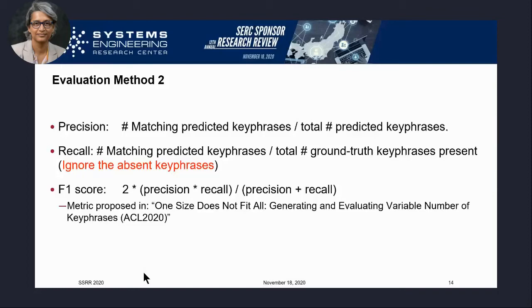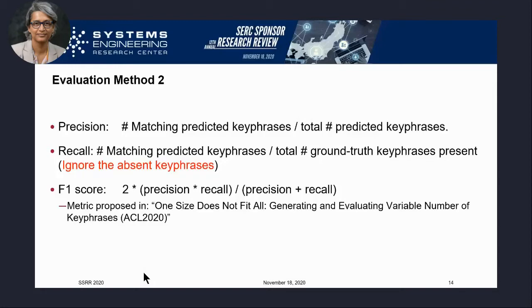So the precision was the number of matching predicted key phrases divided by the total number of predicted key phrases, same as before. Recall has a slight change, where the denominator only uses the number of ground truth present key phrases. So to go back, what does present key phrases mean? An author can write a paper or an article and then give you key phrases, and that key phrase may never actually appear in the paper, but it's still a key phrase.